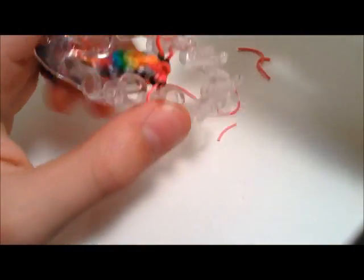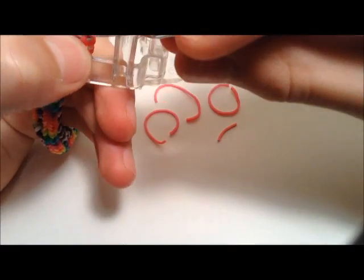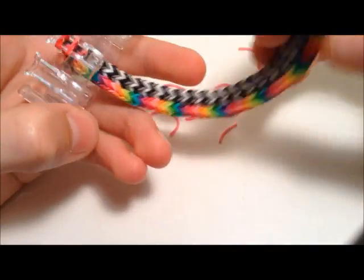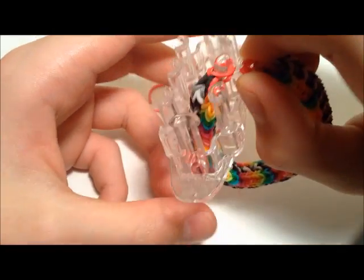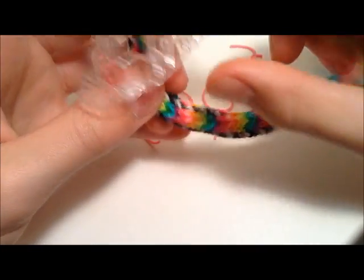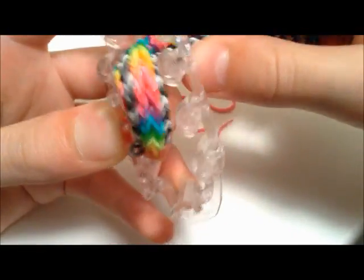Let's see now. Just bring this part over and bring across your other end. And clip those four ends. And I did it again. You're actually gonna not want to do that because you will have your bracelet stuck on the monster tail. So hold this down and push this bracelet through,